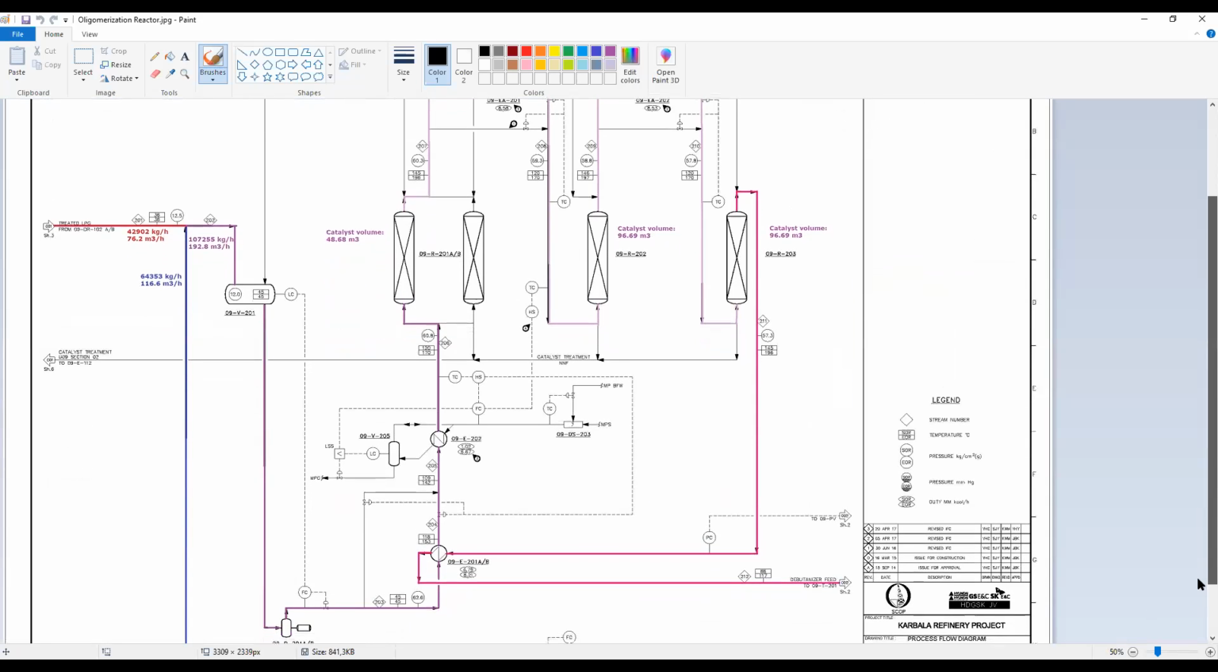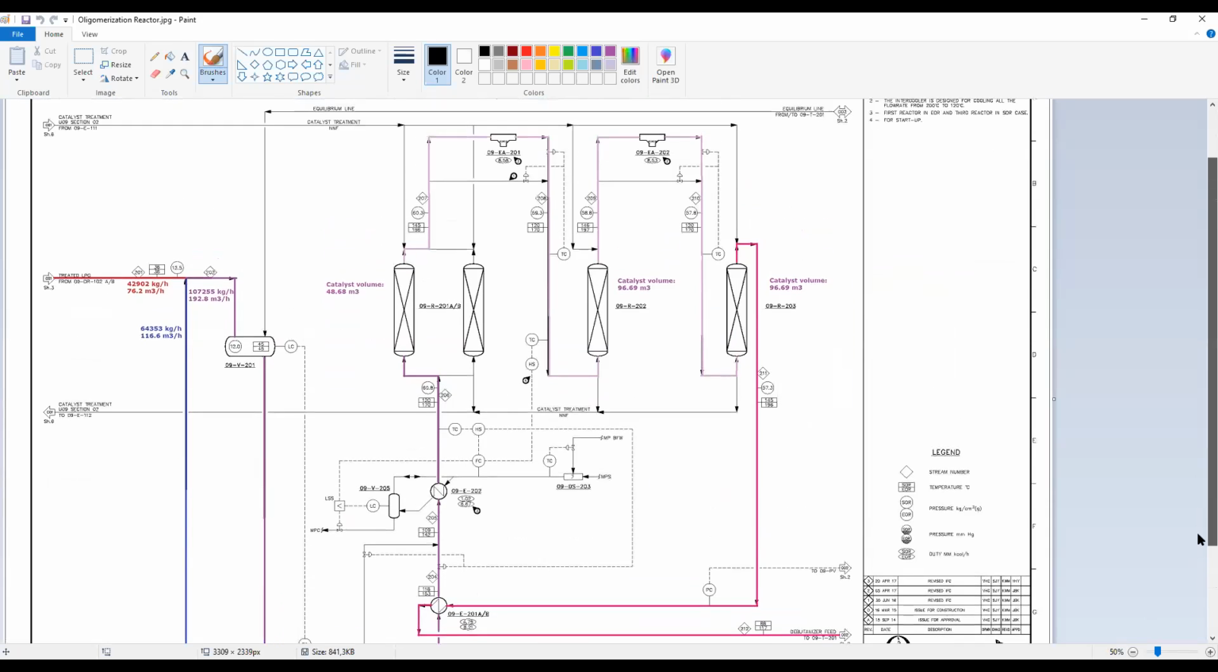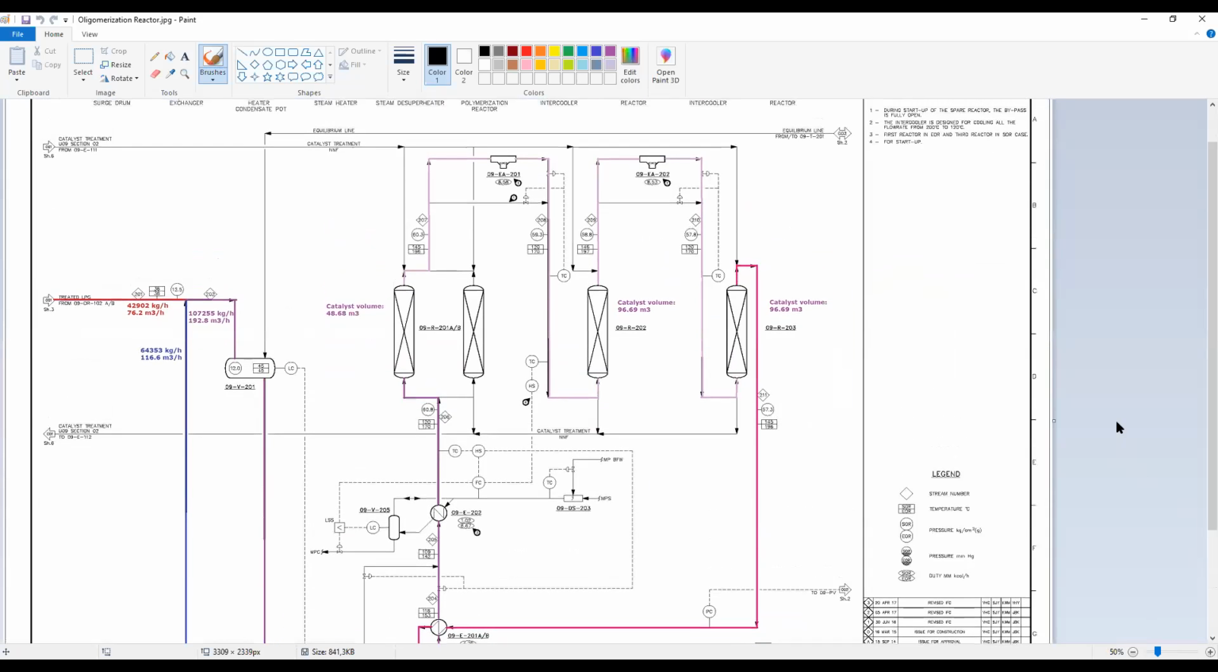Yeah, we've got Mr. Amir. Yes, I have one question. Why does the first reactor have a lower volume of catalyst? Is it because we need to control the temperature? Yes, because the reaction is exothermic. And then, of course, the first reactor will see more